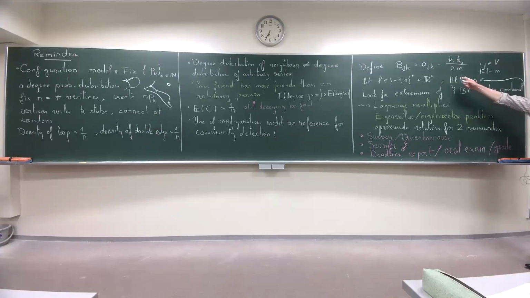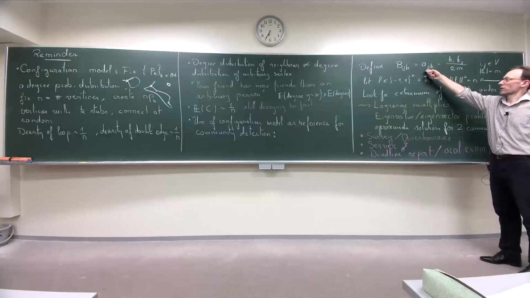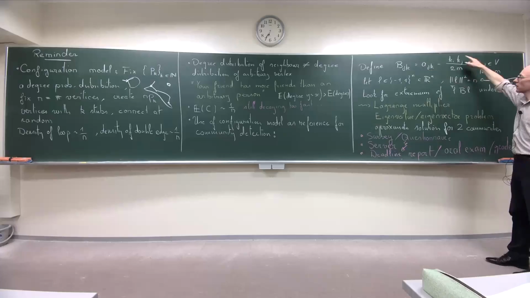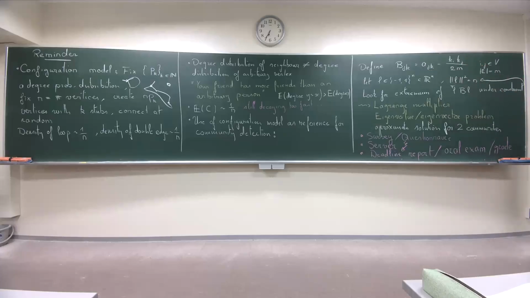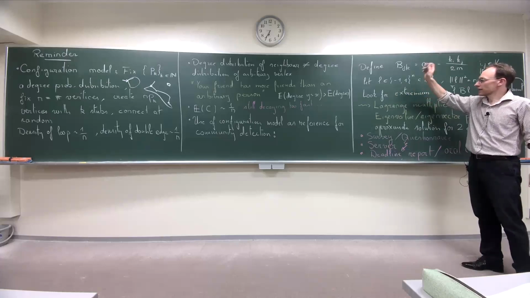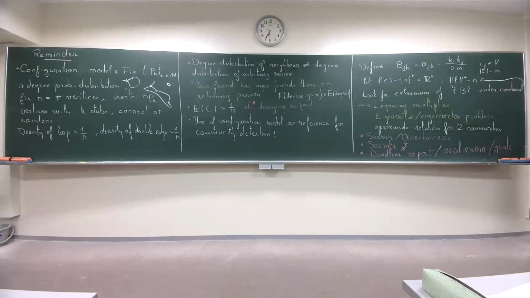It's for two communities. You define a matrix, starting with the adjacency matrix of your graph. You subtract this, which is related to the degree of any vertex. And then I don't want to do the full construction. Then we consider a vector made of either 1 or -1 at each entry. It has length square root of n. And the problem ends up in finding an extremum of this quantity: B applied to L, and then product with L transpose, under a constraint.